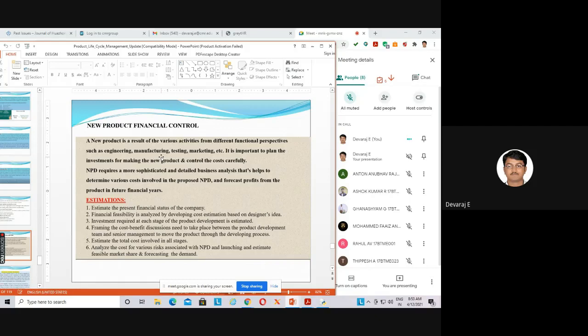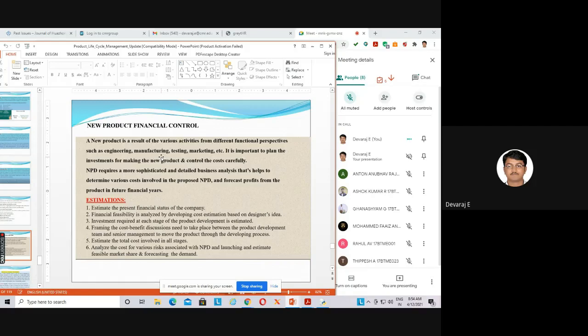Initially means when you go for manufacturing, and when you go for the designing phase, at that particular point only you should decide, for the designing part I should invest this much. Like 10 rupees, then for manufacturing 5 rupees or 10 rupees, testing 2 rupees, like that we should invest, or we should cut off the price of the product. Example,